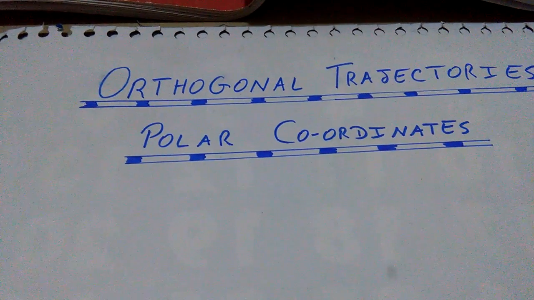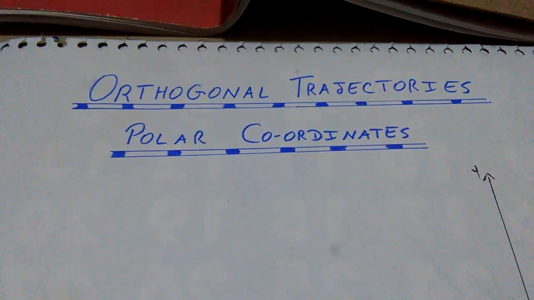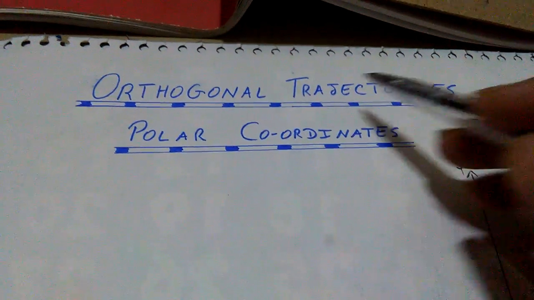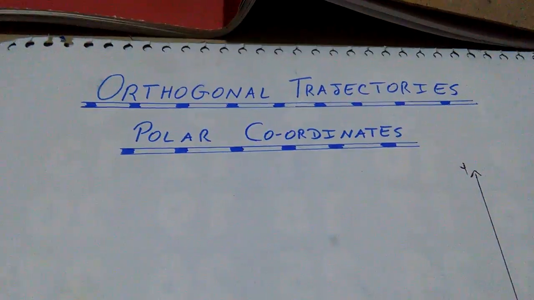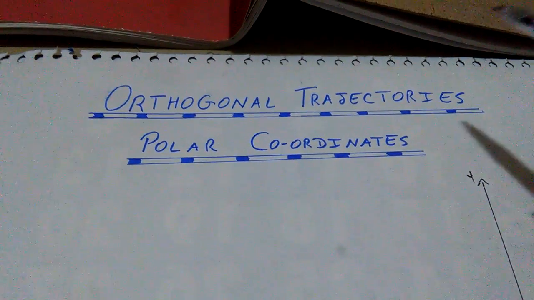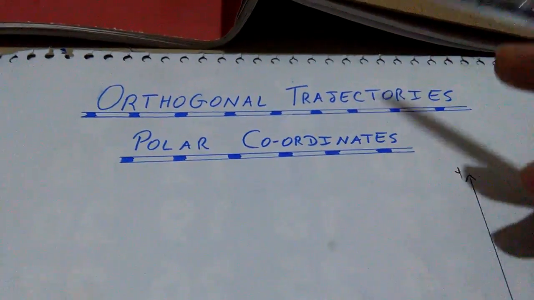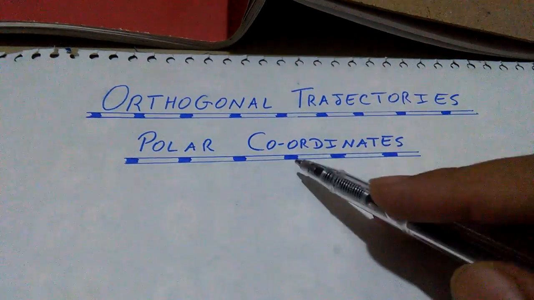Today we are going to discuss orthogonal trajectories with respect to the polar coordinates, because in the last video we tried to understand the same topic with respect to the Cartesian or rectangular coordinates quite exhaustively, including an example. And now we are going to try to have a deeper insight into orthogonal trajectories with respect